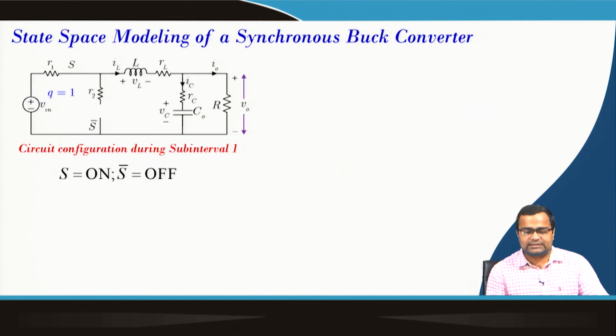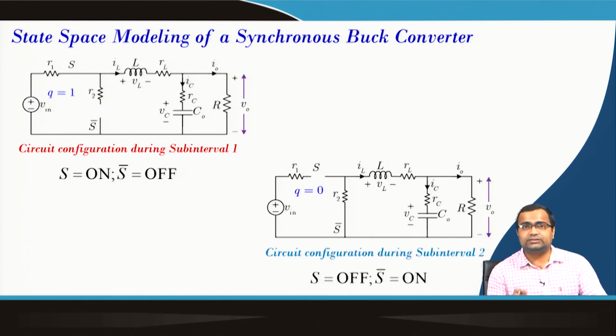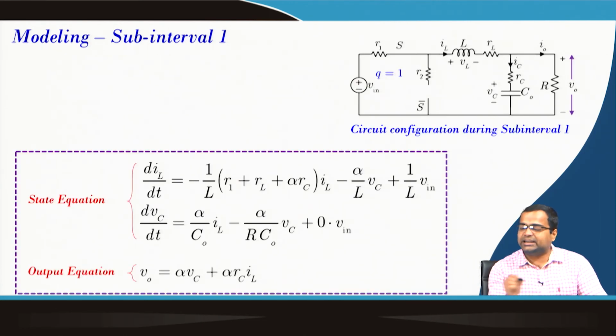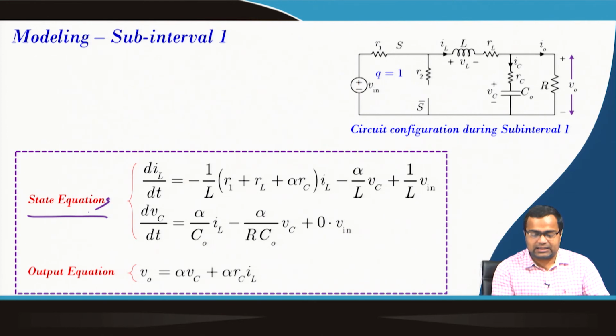Now, in the practical DC-DC converter we have two sub intervals, switch on and switch off. This we are talking about in continuous conduction mode, because we are using synchronous configuration. Then we can write down the equations under individual configuration. That means, when the switch is on, what are the state equation and the output equation, and we are taking the inductor current to be one state x1, that means our x1 is IL and our x2 is Vc.